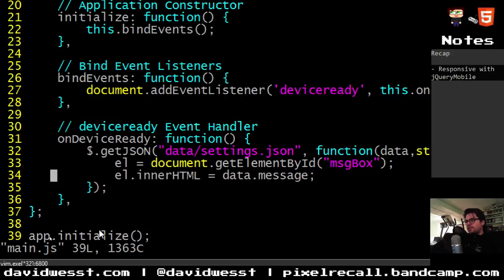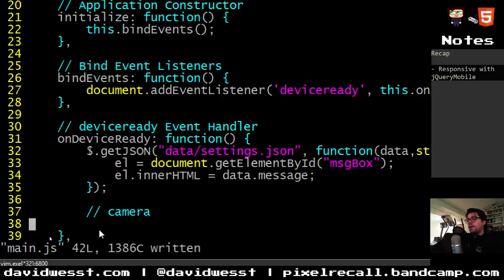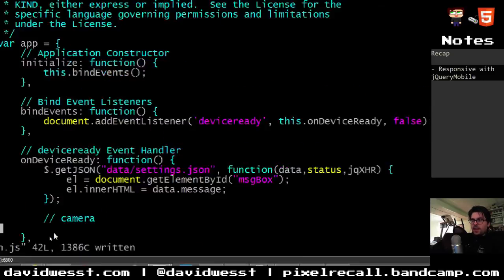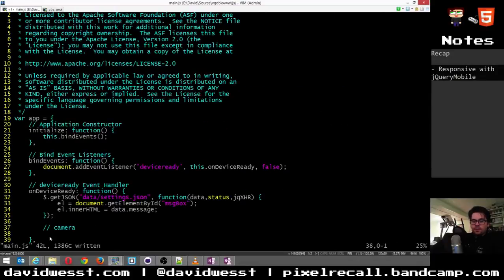What we are going to do is add to this. Let's just get to the end of this line. Open this up, and what we want to do is have a camera. Now, before we even do this, now that I think about it, let's actually get out of live, and we're going to go to, not that one. Sorry, hopefully I'm not making anyone nauseous. Let's jump over here for a sec.